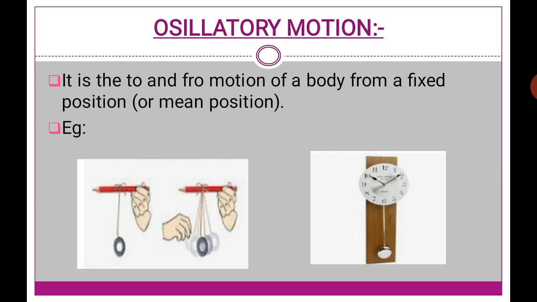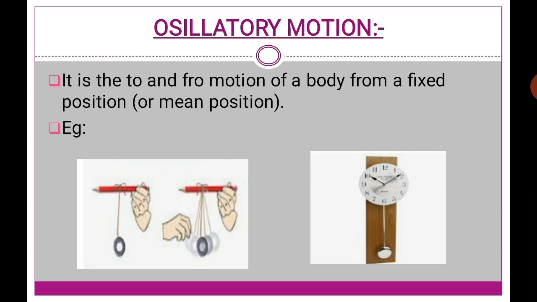For example, you can see in example 1, it is holding a pencil and a string is attached and a coin is placed. So when we strike the coin, see, it will move first to the left and then to the right, again to right and left. It will oscillate. Basically it will move to and fro, to and fro. So it will oscillate. So this is an example of oscillatory motion.